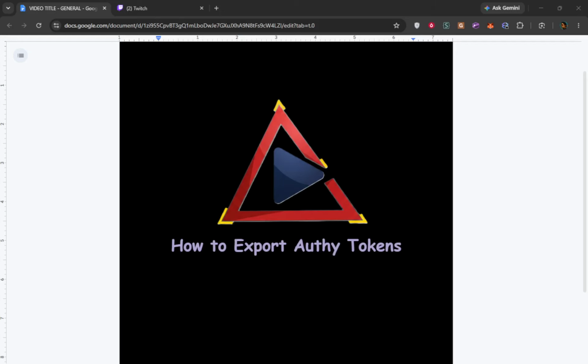In today's video, I'm going to teach you how to export Authy tokens. This process is important for anyone looking to switch to another authenticator app. However, it is crucial to note that Authy does not officially support exporting or importing your two-factor authentication tokens. Twilio removed this feature to protect users' security, therefore you will not find a built-in export button within the app